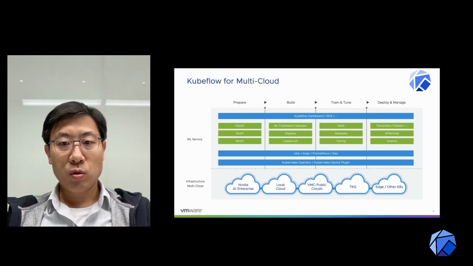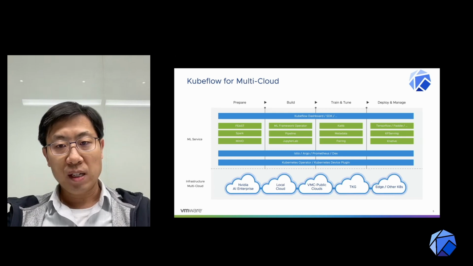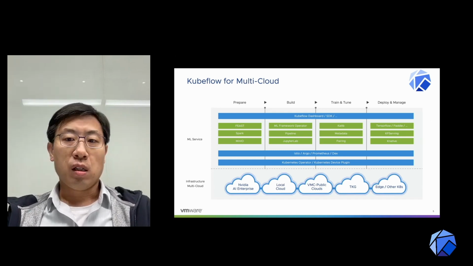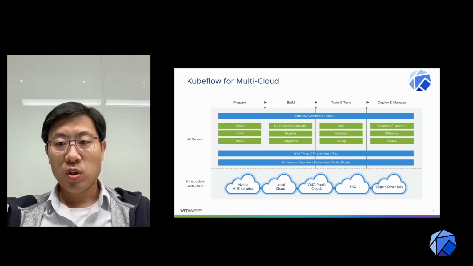With Kubeflow, as we all know, it's possible to cover the whole machine learning data model and application pipelines. And by leveraging the strategy and capabilities of VMware clouds, we are bringing Kubeflow to